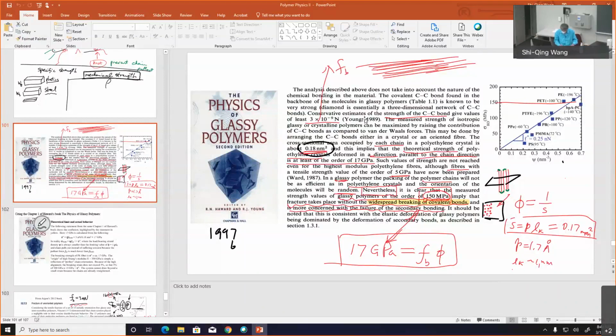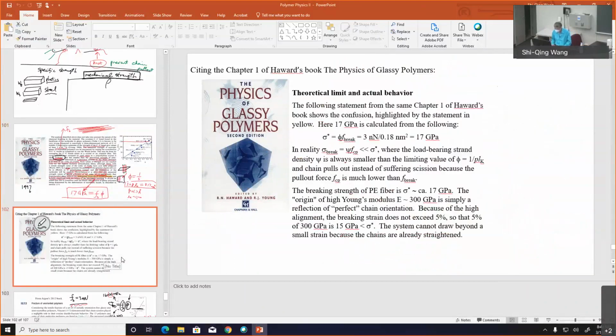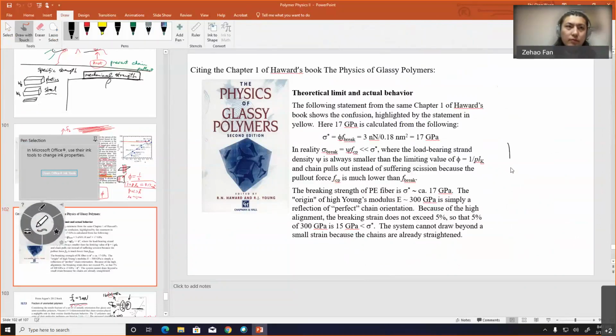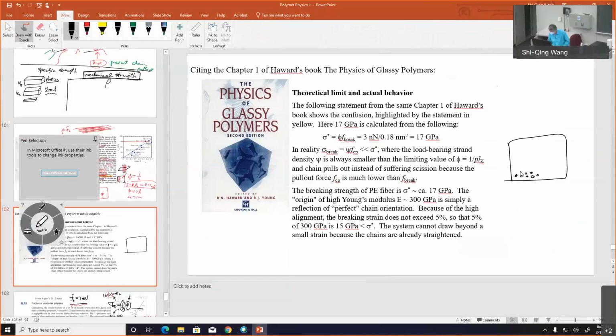So I tried to give you a hint last time about the confusion here. Let me just repeat that message again. If you think you are accounting for all the bonds that are bearing load, then each bond occupies an area of S, and therefore the density is 1 over S, and therefore you would estimate